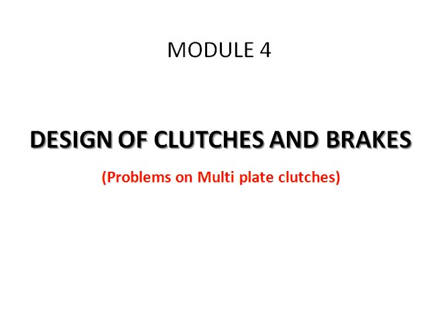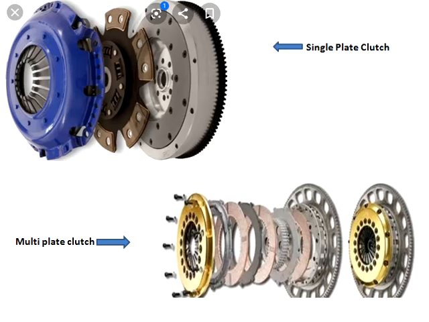Before going for problems, let me tell you the differences between single plate clutches and multi-plate clutches. As shown in the diagram, in single plate clutches you can see only one disc here. It can be only one side effective or either side effective. So n value, if only one side is effective, will be 1. If either sides are effective, n value will be 2. One side effective means the friction lining is provided only on one side. Either sides effective means there will be frictional material on either surface of this disc.